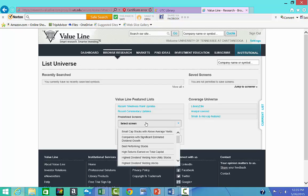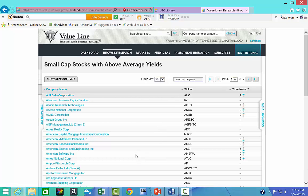And here, if you wanted to do a stock screener and get a list of stocks, like small cap stocks with above average yields, you could click on that and it would give you a list and their ticker symbols. If this was your investment strategy, you could invest in these particular stocks. So from here, I'm going to go back to Browse Research,